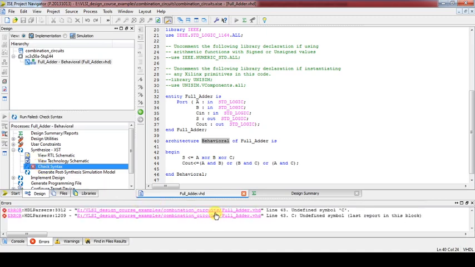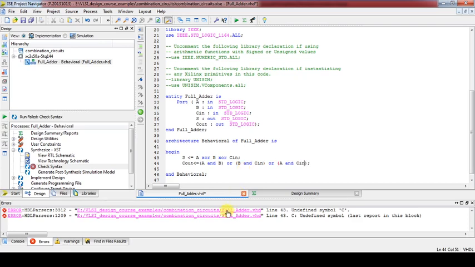Something is wrong, sorry. Here, by mistake, I have written C, but the input we have declared is C in. So let us correct it. So the input is A, B, C in, and it is with C in.